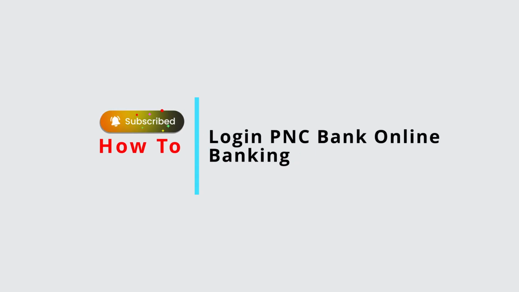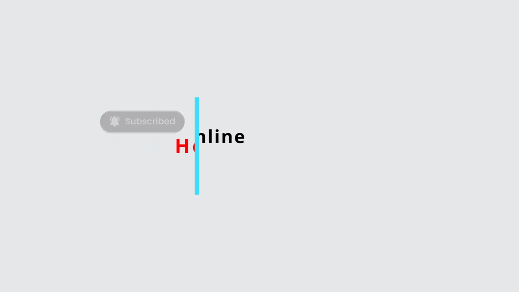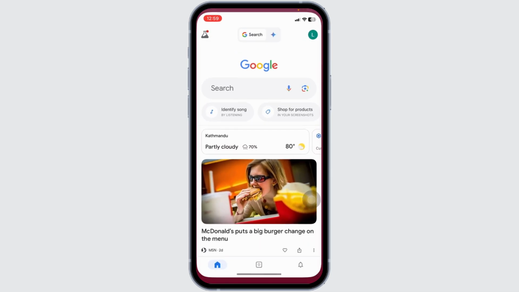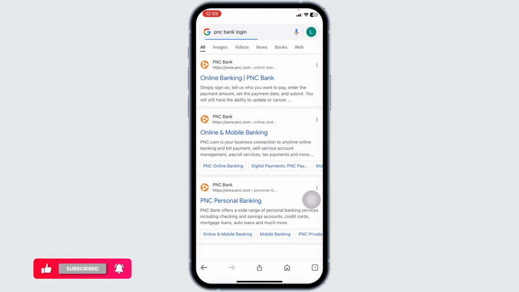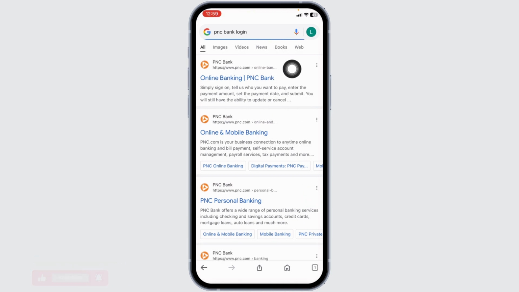How to log in to PNC Bank Online Banking. Let's get started. Launch your preferred browser. At the very top, you're going to see the search box. Over there, type in PNC Bank Login and search for it. With that, different website links will appear. Navigate to the very first website option,